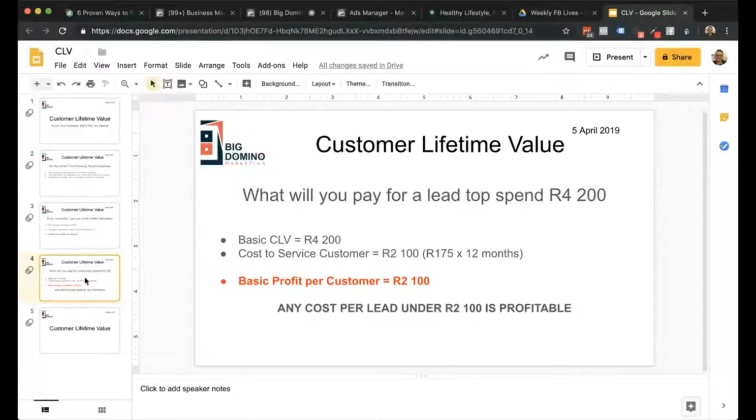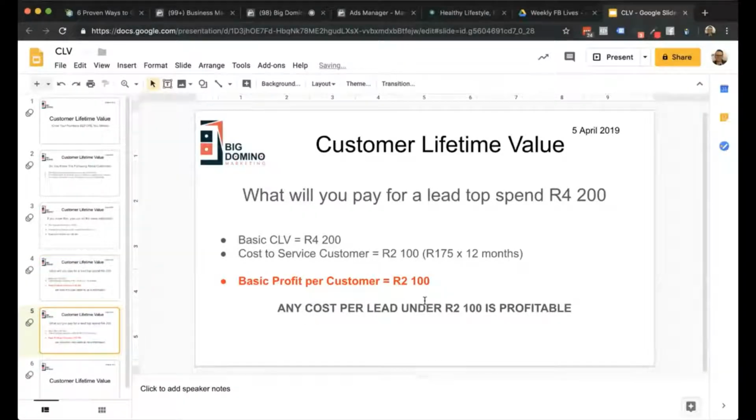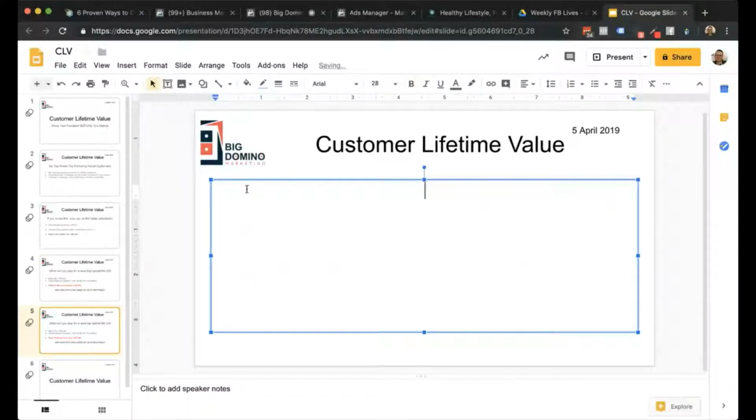And if your leads start coming in for 100 or 200 Rand, and then obviously you'll have some sort of conversion on those leads. Let's quickly do this and work it out. I wasn't going to, but let's do it. So let's say, for instance, you run ads on Facebook and you get on average leads for 50 Rand per lead. I'm going to use this offer again. Let's say it's a 500 Rand product and we're now going to sell it for 350. We're giving them a voucher to come in and get this 500 Rand haircut or dye or whatever for 350 Rand. So you save 150 Rand.